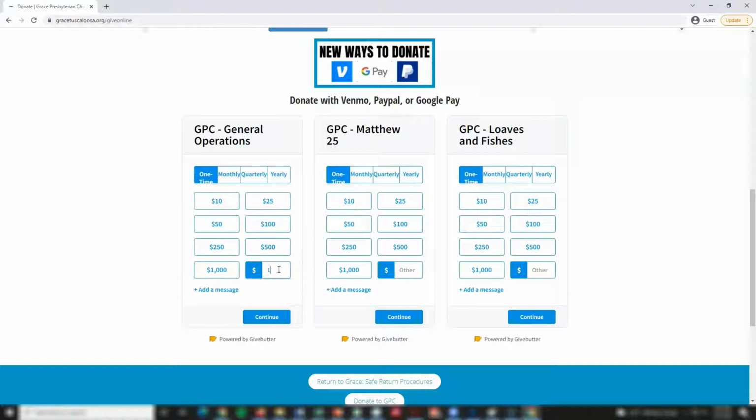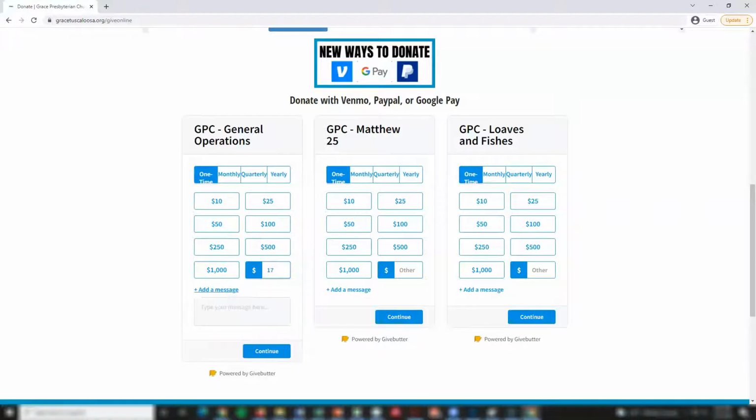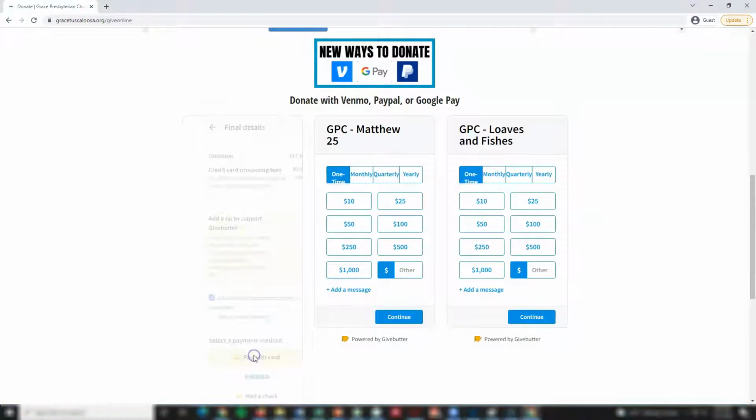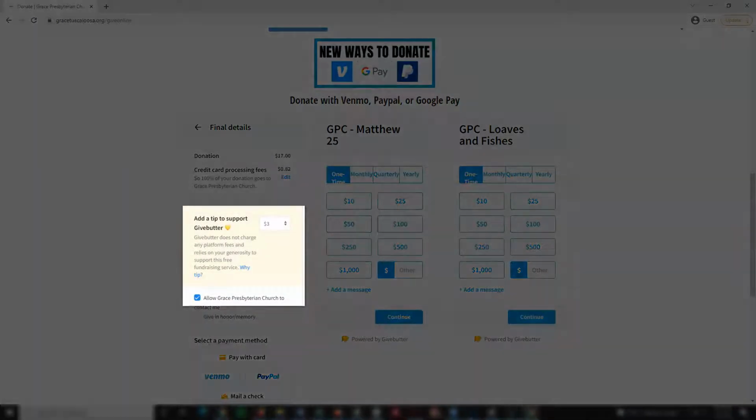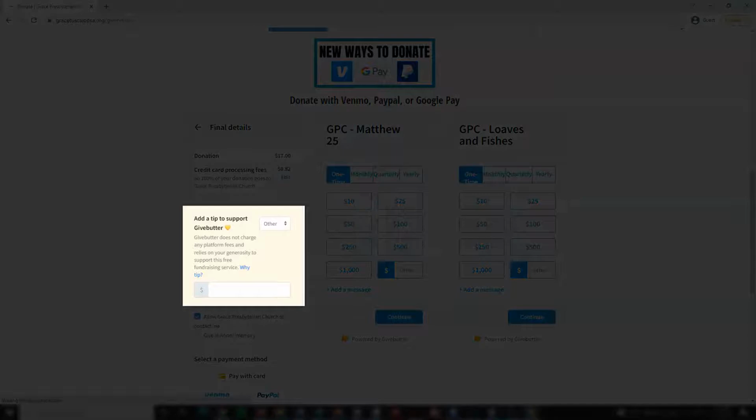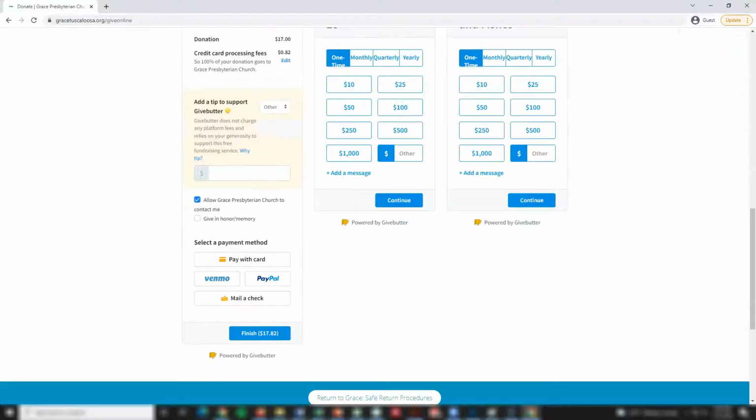paying for your t-shirt order, you can specify that as well and attach a message to explain what you're making the payment for. You'll notice that there's a slight processing fee that's added to make sure that 100% of what you're intending to donate is able to go to the church. You also have the option to make a donation to GiveButter, the online platform that enables us to accept donations